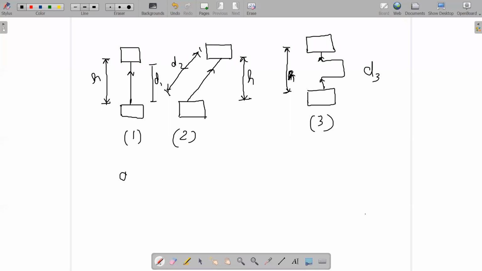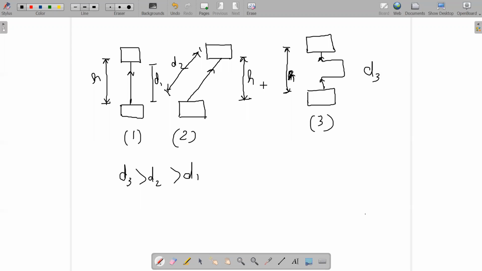So here d3 is greater than d2 and greater than d1, right? All the distances are different. d3 is the highest, d1 is the lowest. But the motion we are considering is a displacement taking place against gravity, and you should all know that gravity is a conservative field. You must have studied that. Here there are no dissipative forces, no friction or anything mentioned. So the work done for all three cases is the same. There won't be any difference because all of them have been displaced by the same displacement.